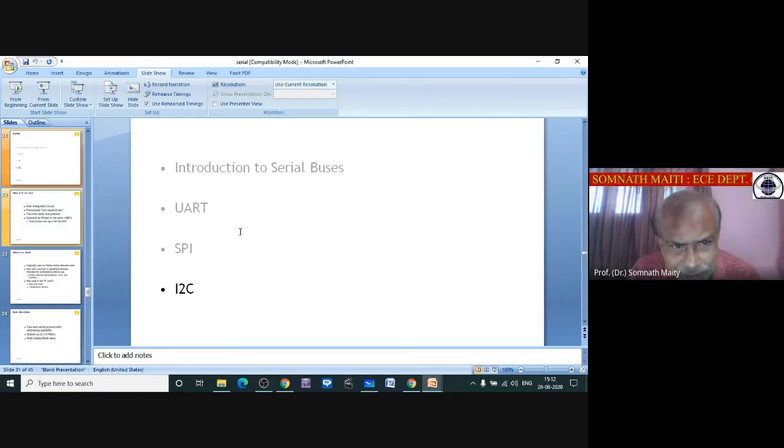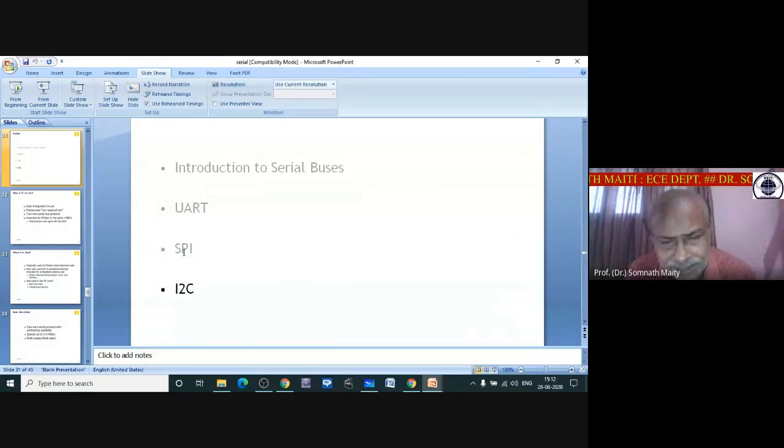If you see UART, at least 4 to 5 transmission lines, connections are required. So each connection means you are consuming space in the chip. So if you increase the number of lines, thereby you are increasing the chip area. Similarly, SPI, serial peripheral interface, requires 4 lines. But I2C,